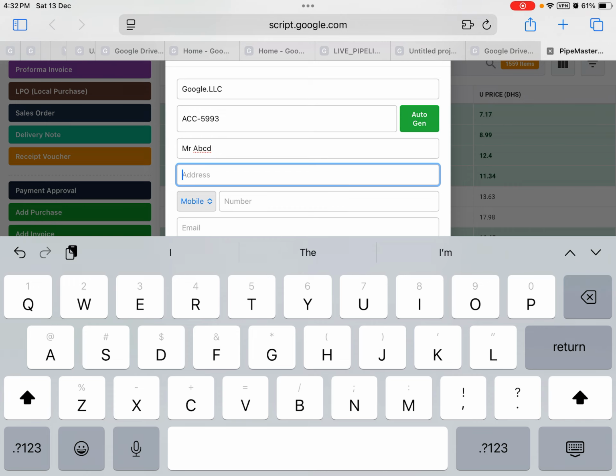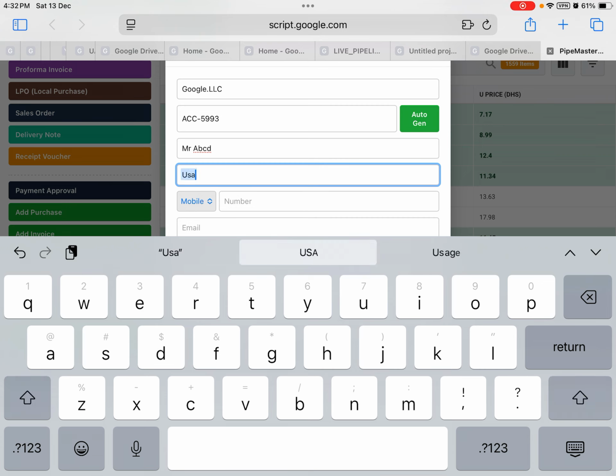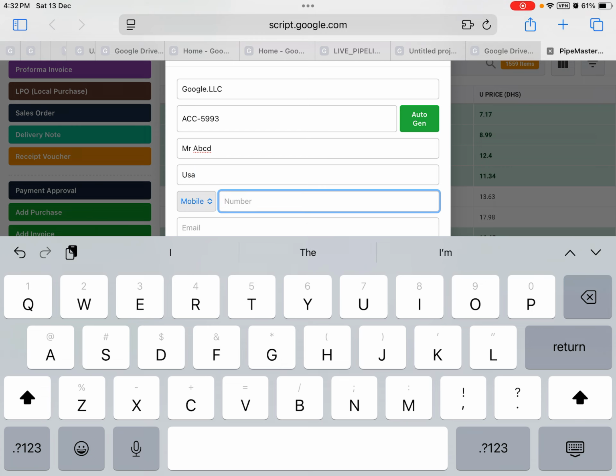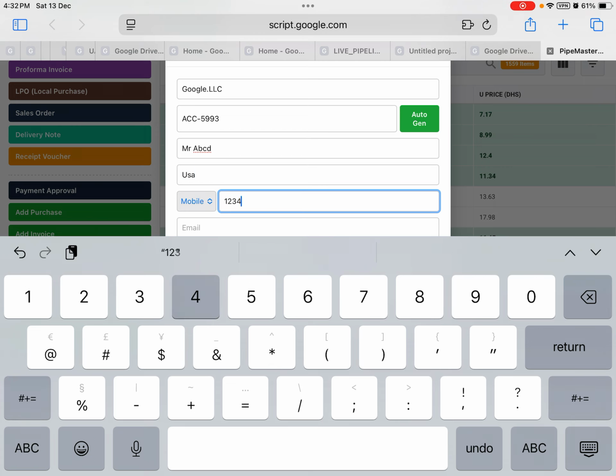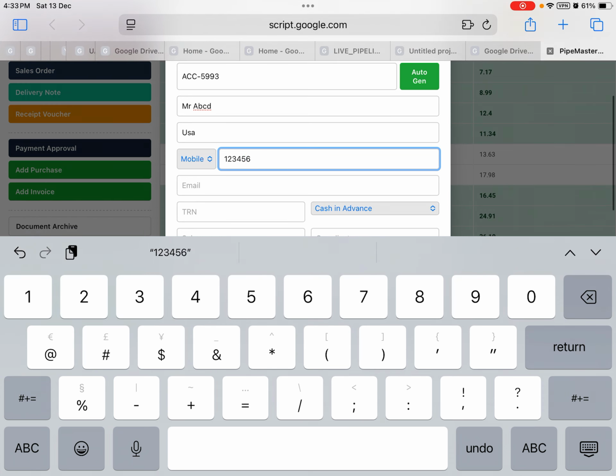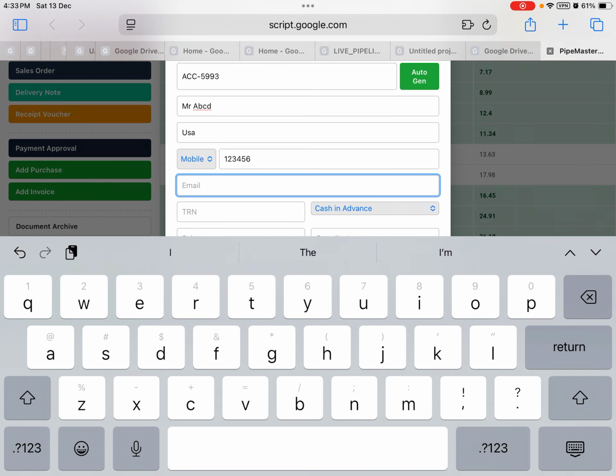Address, okay, number, okay, email, whatever.